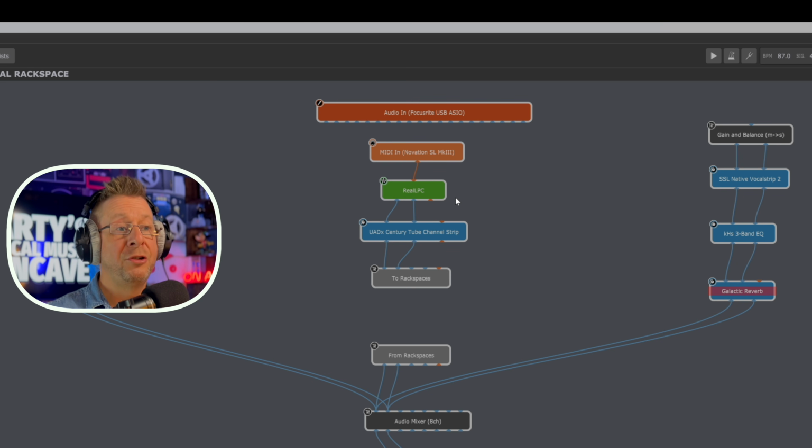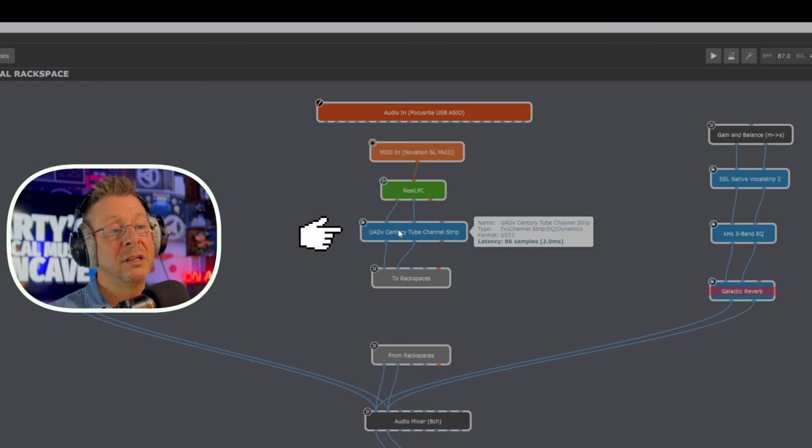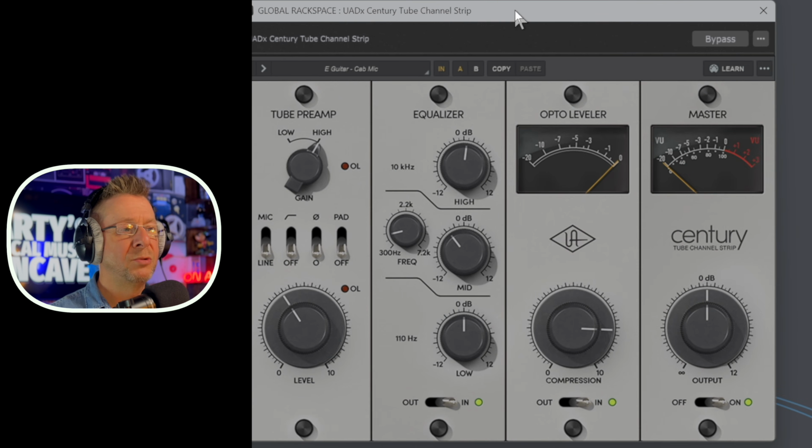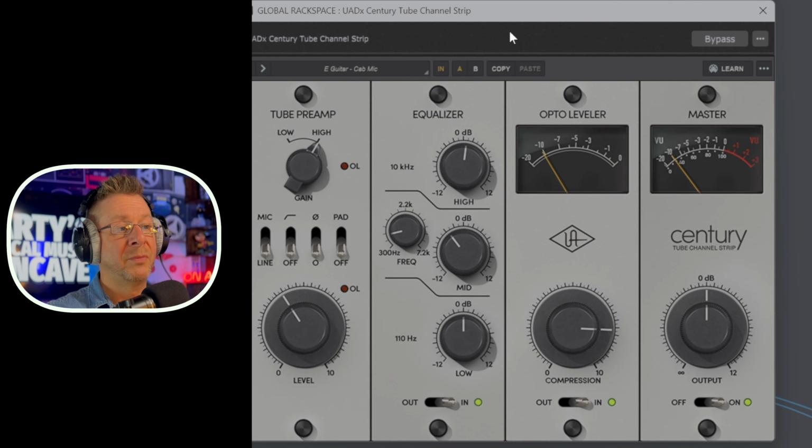Now, if you're a guitarist, you can pretend that's your guitar signal coming in. We're then going to pre-process all the audio coming from that guitar inside whatever VST that you want. In this particular instance, I've got a lovely tube channel strip type of situation going on. So it gives me some tube preamp, a little bit of EQ. I've got a bit of compression going on and overall volume. So that's there